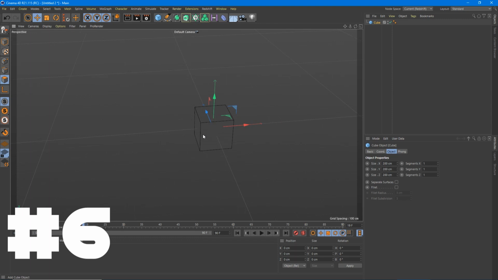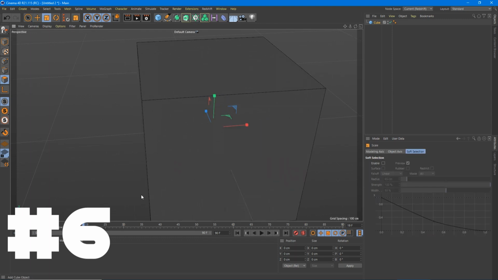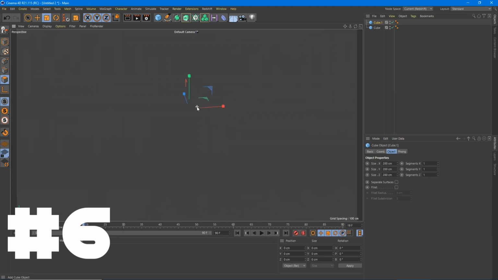Tip number 6, let's say we have a scene. We've got a room here, and we've got a cube inside, and we want to zoom in, and we're like, oh gosh, we're lost. Wait, where's my other cube? I can't tell what's going on. I've zoomed in. I can't find my way back. I've zoomed way past my object. Where the heck did I put my stuff? Hit H. H will frame everything that you have in the scene.